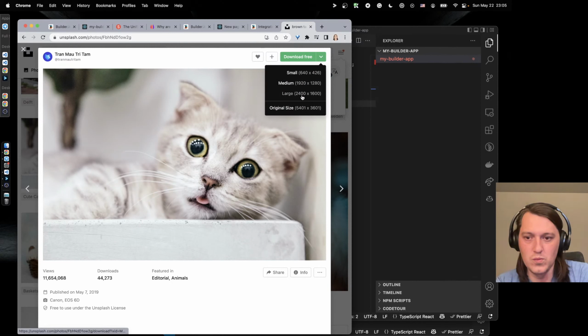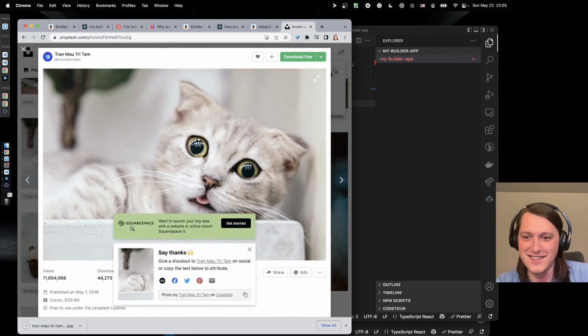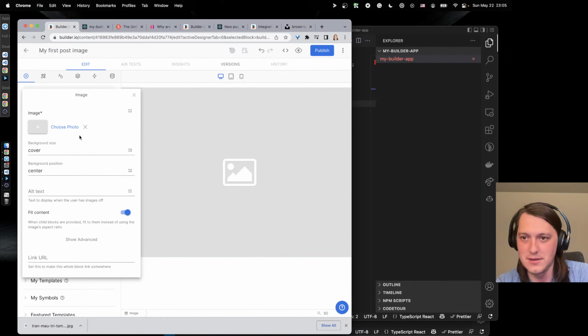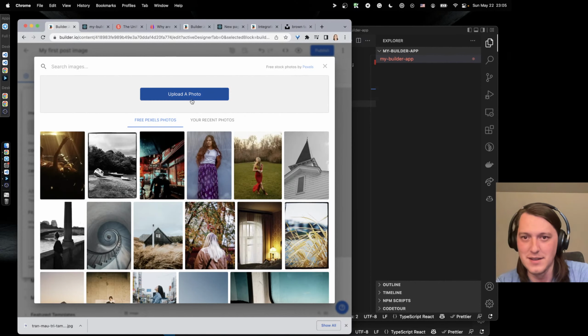So right, that's interesting. Okay, let's download a 10 megabyte picture. Drop it here. Nope, doesn't work like that. Edit. Doesn't work like that either. Okay. Three pixels, but no search.